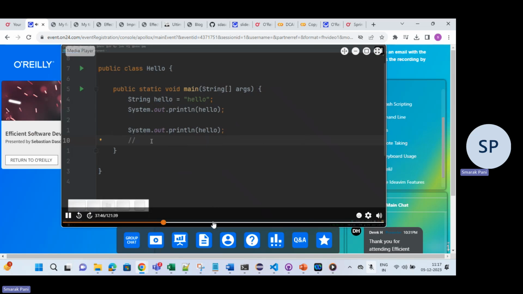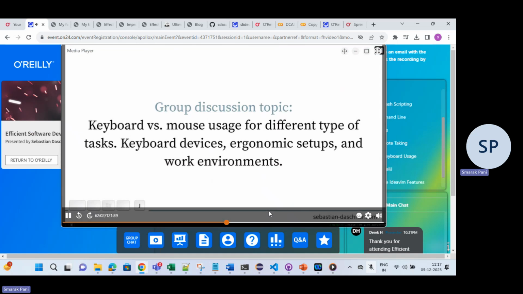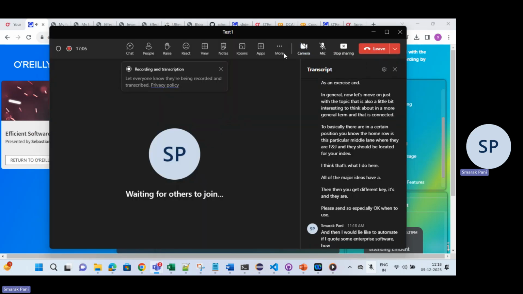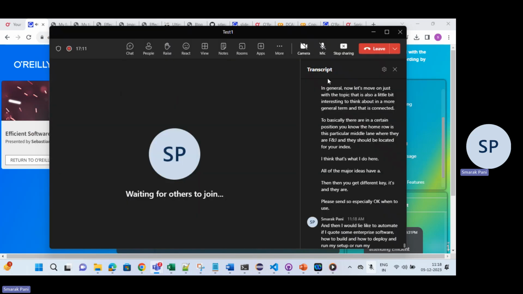All of the major IDEs have a shortcut, then you get different keys. And then I would like to automate, if I code some enterprise software, how to build and how to deploy and run my setup or run my application locally. So this would be a